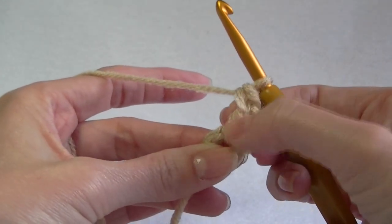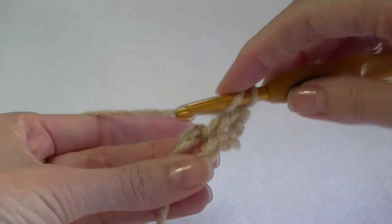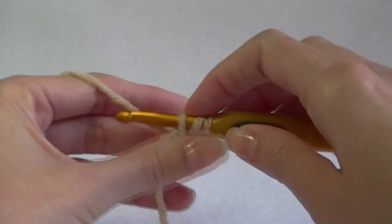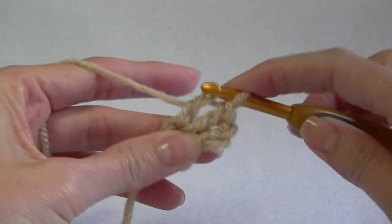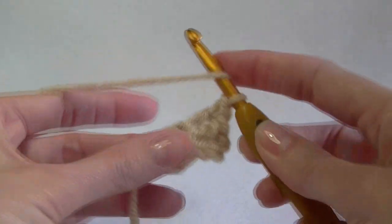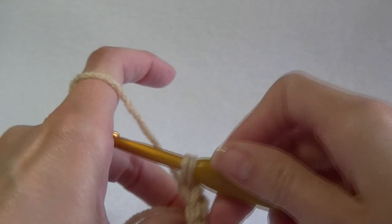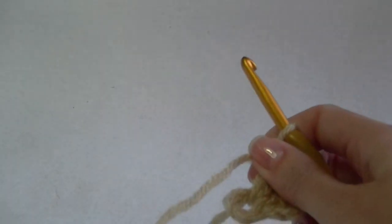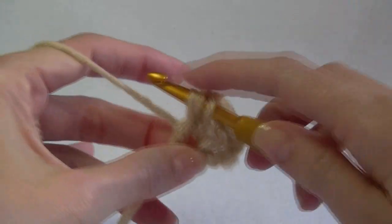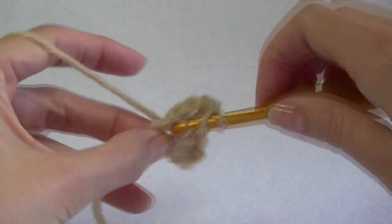So this was our first one here. We're ignoring our first lot of chains. So yarning over, going into the middle, yarning over, pulling up a loop, yarning over, pulling through 2, yarning over, pulling through 2. So we're going to continue on. Now I'm going to assume that you know how to do the double crochet. It's one of the main stitches that we use when we do crochets, so we get a lot of practice